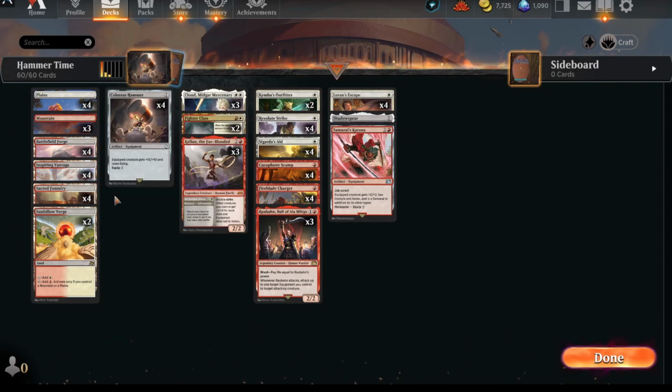Inspiring Vantage, Sacred Foundry. Again, shock them in. We don't care about life. And 2 Sunbillow Verges. You could play Ornithopter in here. 0-mana,